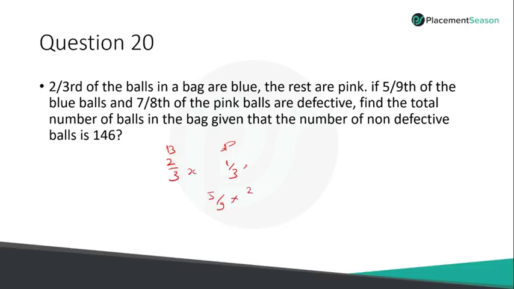If 5/9 of the blue balls and 7/8 of 1/3, the 7/8 of pink balls are defective. This is equal to defective, correct? So adding these, 10x by 27 plus 7x